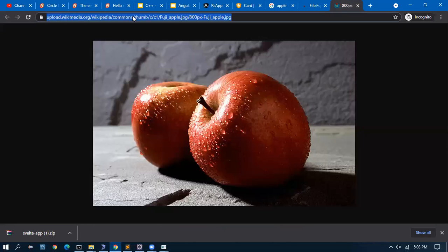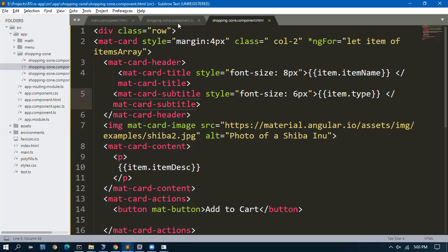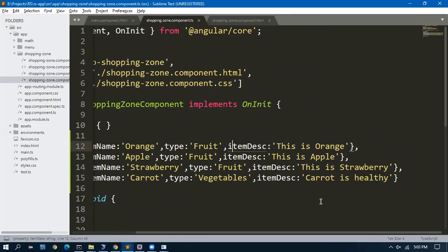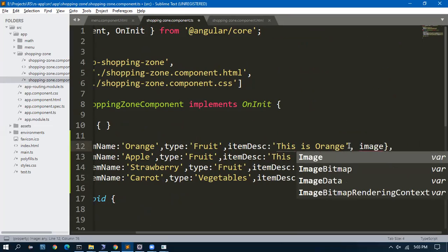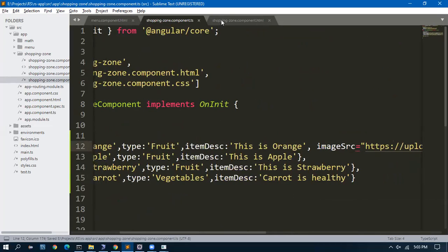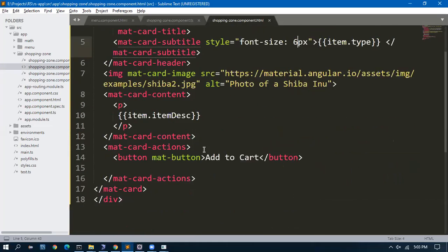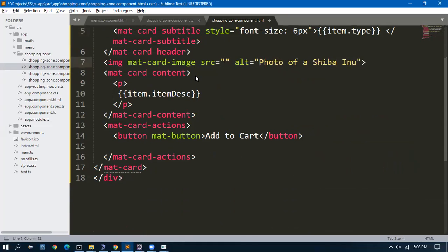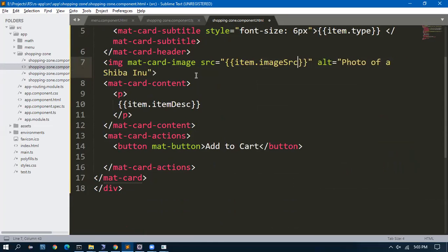Super. I have an image link now. So I can go here to the first object and I will go to image SRC. Image sources. This is the image. So let me go to the HTML and instead of this SRC, I will give item dot image SRC.